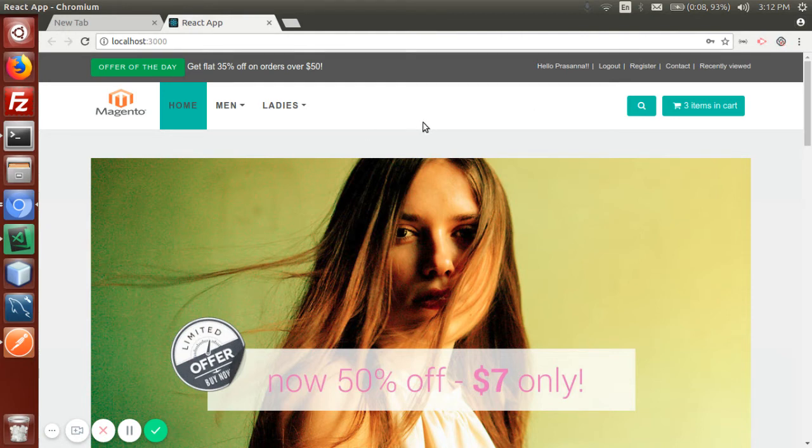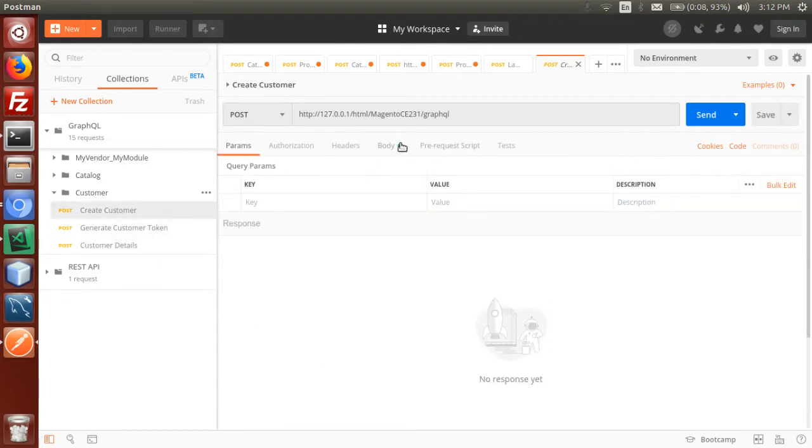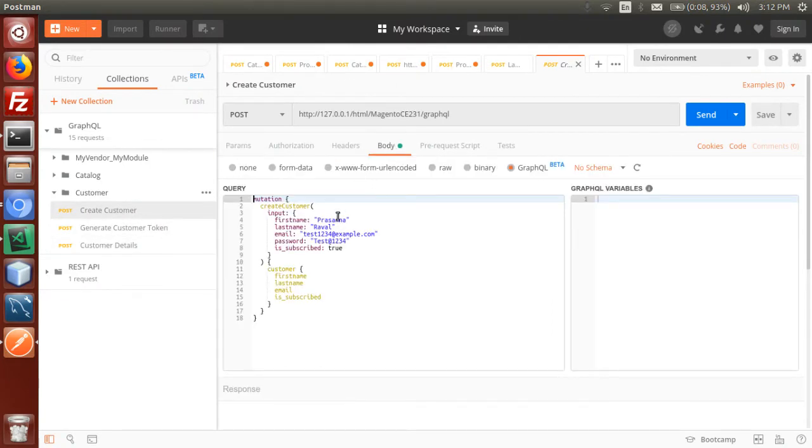Okay, so let's try to create a new customer and see. In this create customer GraphQL, I'm changing the name, the email will be this, and the password will be this.